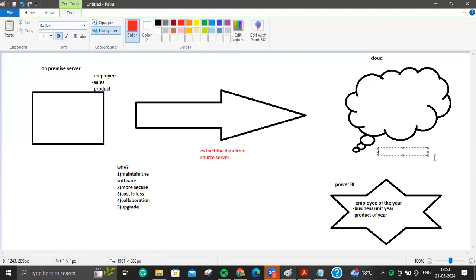So here you will transform the data. Transform means, if you want to find the KPIs, such as total sales per employee and total sales per business unit, you need to join the data and transform it. And then you will do the loading part. You will load to some sort of SQL server to present your KPIs. So you will extract the data, transform the data, and then load the data. That is what a data engineer does in the day-to-day job.